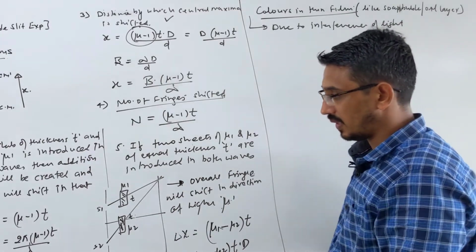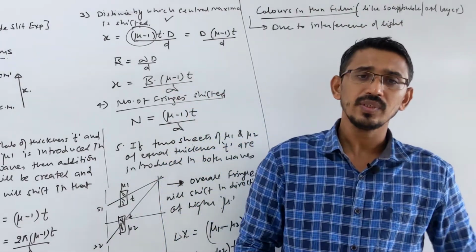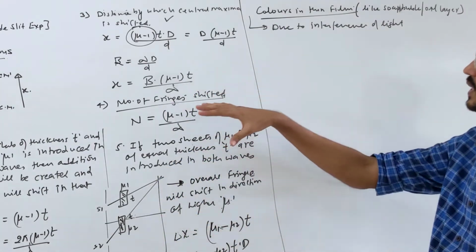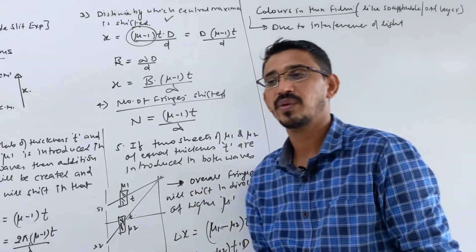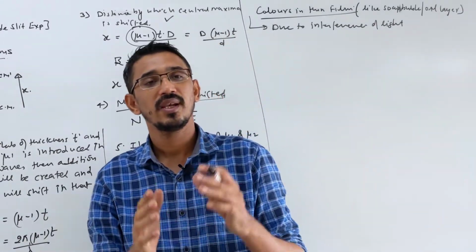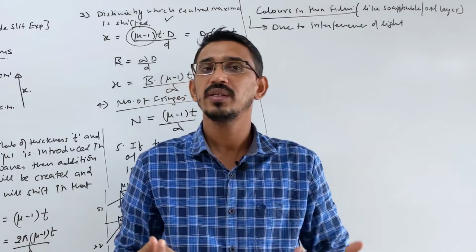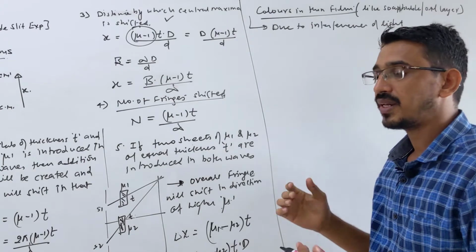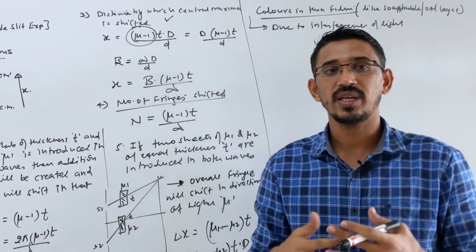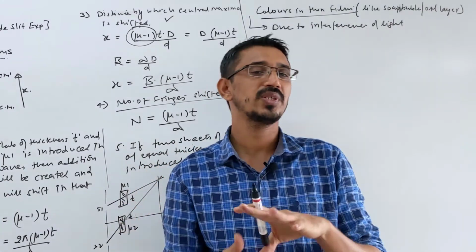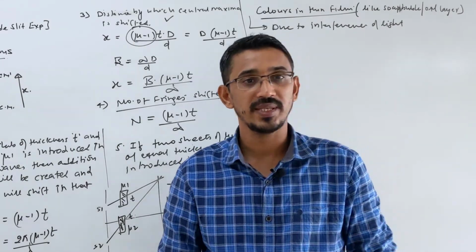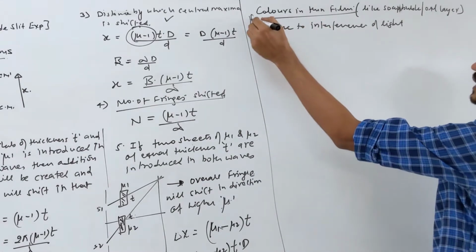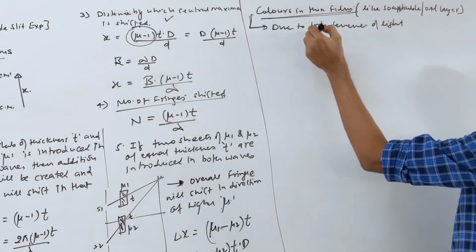So you can explain it by the concept of reflection and refraction also, but the main concept you can understand with the last topic we learned: a prism is there, light is passing, then light splits into 7 colors. That's called dispersion of light. The same idea is given by interference also. Multiple reflection is happening, so multiple waves are interfering. Sometimes they produce a constructive result, sometimes a destructive result, so different colors will be seen. Not much important, but first you have to remember that the colors in thin films are due to interference of light.